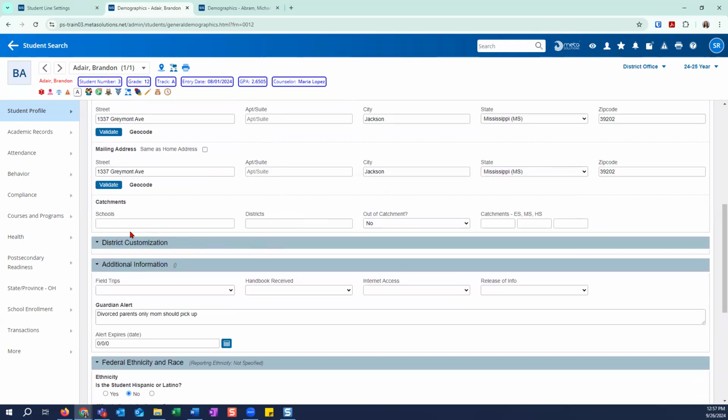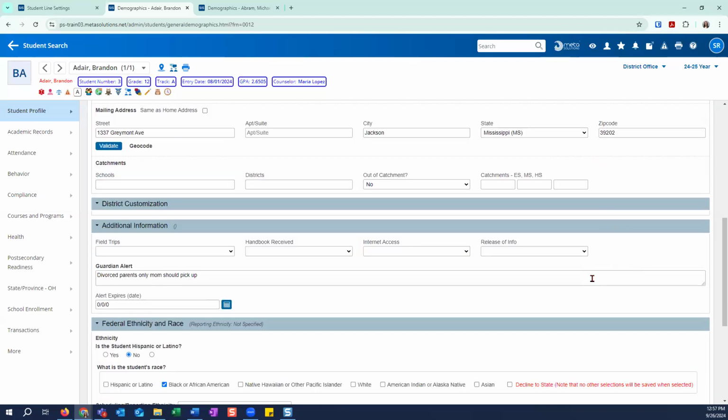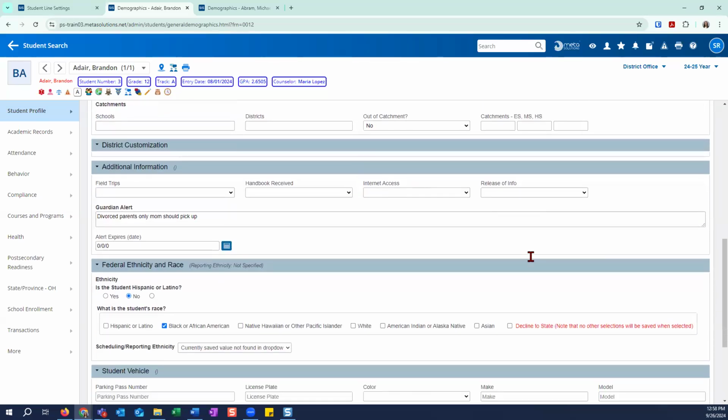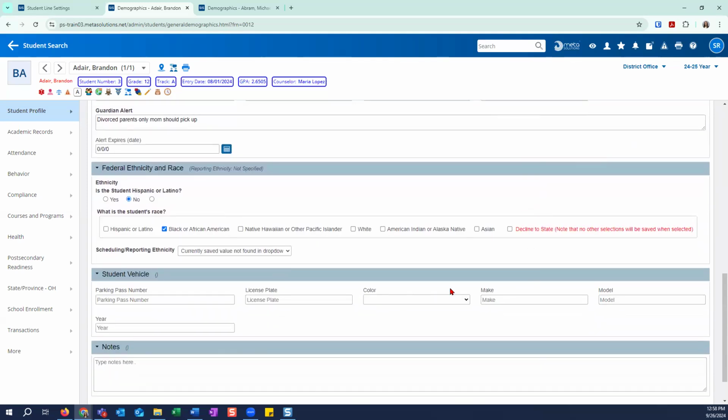Maybe your district collects information from your students and you want to add a field to the demographics page. You can add that to the page. There's a specific section here, but you could add it to any other section of the page if you wanted to. And then just some additional information listed here on